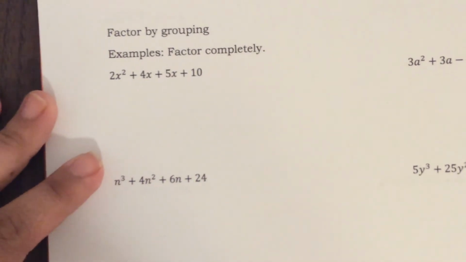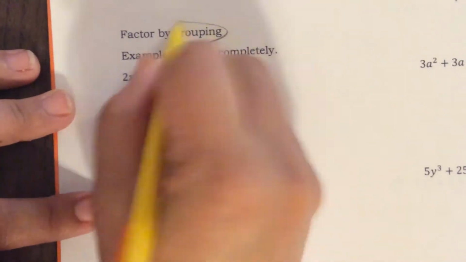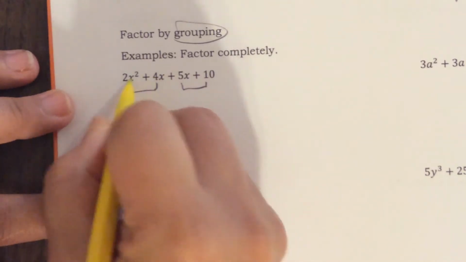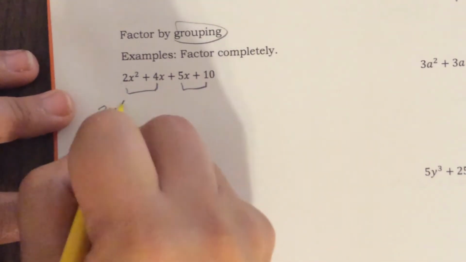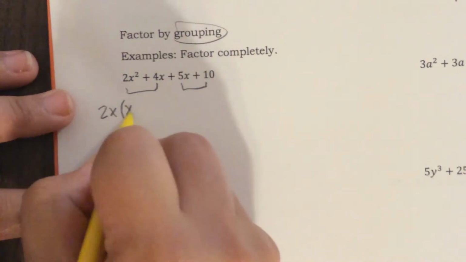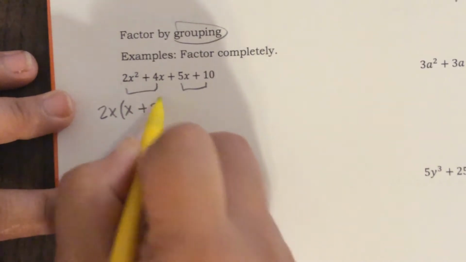Okay, so now we're gonna factor completely by grouping. So grouping gives you a big hint. That means you're gonna group these two together, these two together. These two have a 2x in common, so you're gonna factor that out. And then this is gonna be by another x, so 2x times x is 2x squared plus 2, because 2